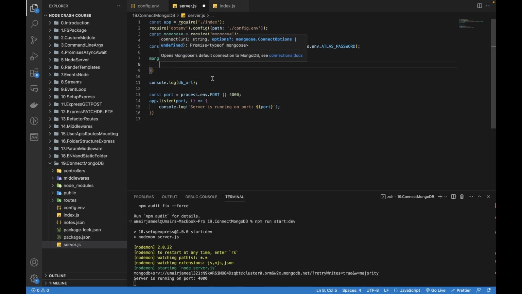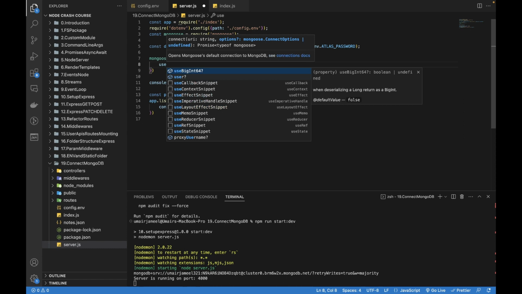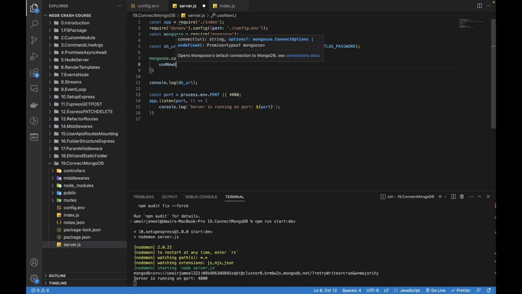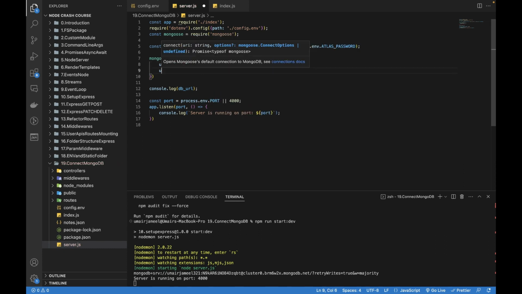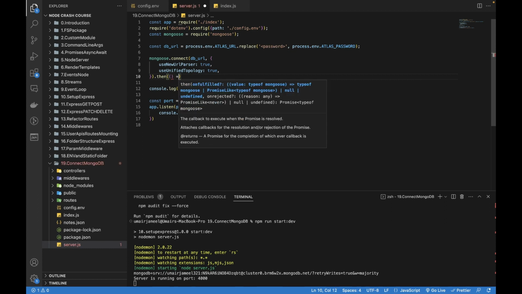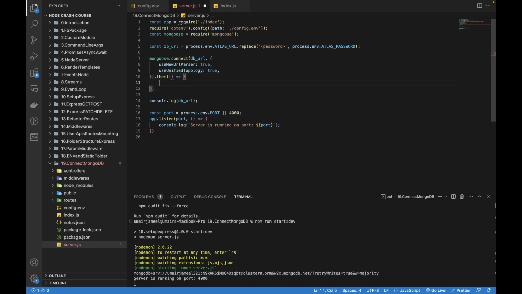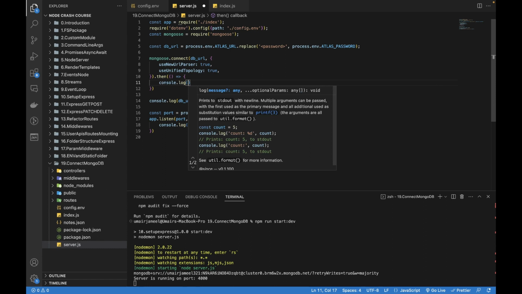The first option is useNewUrlParser: true, and useUnifiedTopology equals to true. Okay, and then it gives us a promise callback function, and here we can log the